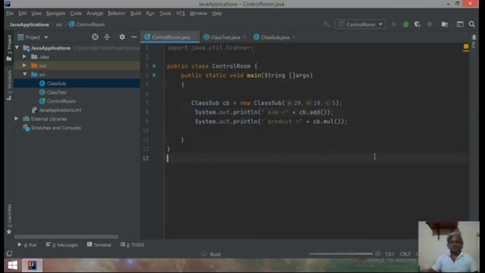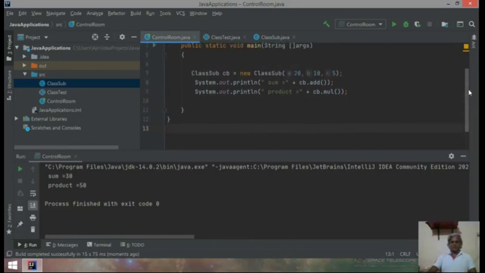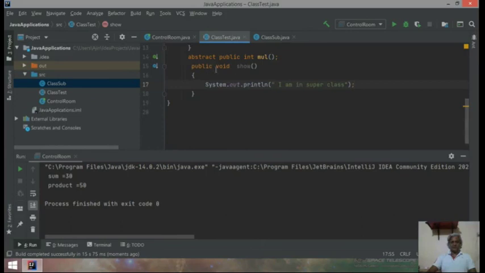There you will see that we got sum 30, product 50, and we have the problem with this show function,